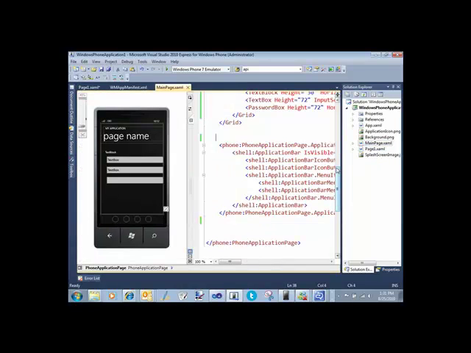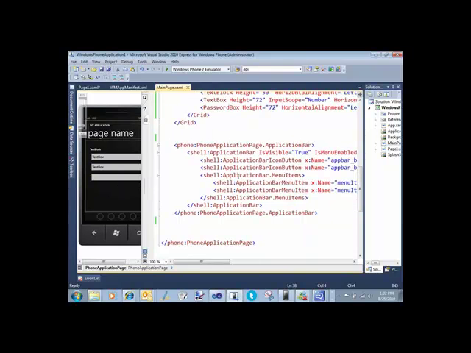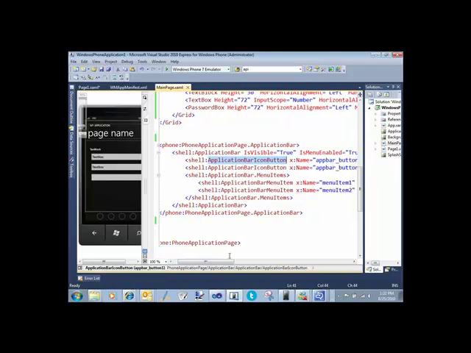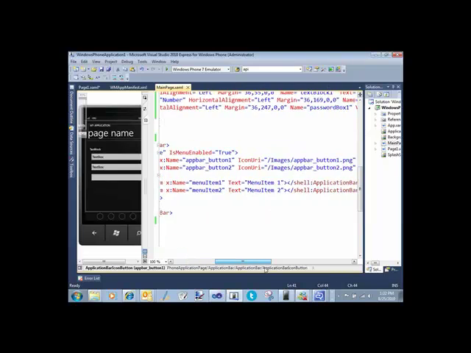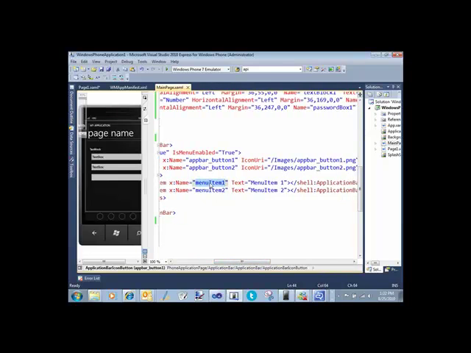I'm going to go ahead and go to main page, and we will go ahead and add some functionality to this page. Now, to keep with the theme of not creating any extra navigation, I'm going to use the generic menu or application bar menu that we saw and created, or quite honestly just uncommented in our last session. I'm going to go ahead and change the text to go to next page. And then I also want to